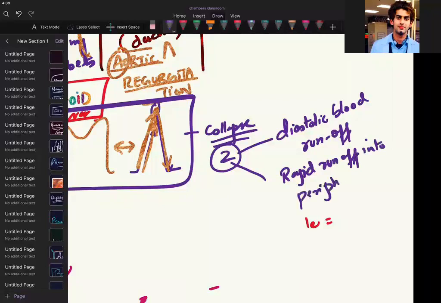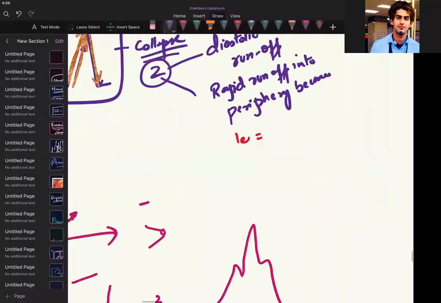Are we clear? Because see, there is a different meaning of regurgitation and stenosis. Regurgitation means competency is not there. The valve is not becoming that competent to restrain the blood to go back. Okay. So what will happen to the pulse pressure? What do you think will happen to the pulse pressure? Will it be high, very high, or low?